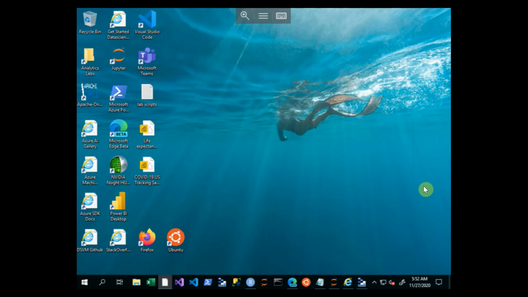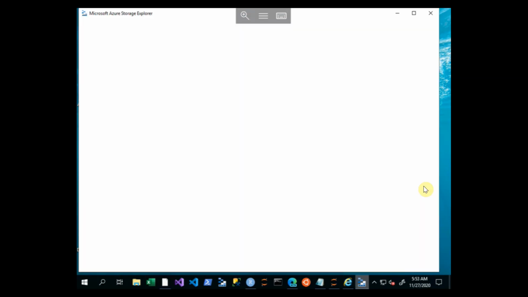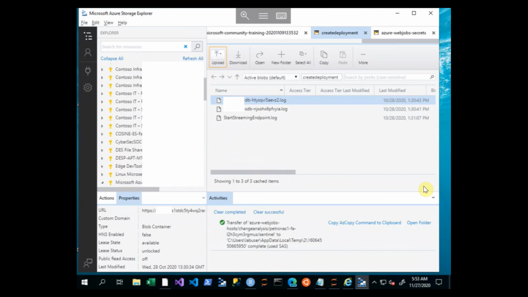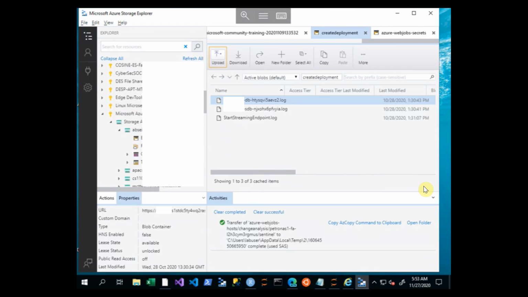Now, this is a VM that has been built using the data science image, and most of the typical applications that are used in data science are there. I have Storage Explorer that is connected to my identity and the various sources of different types of data. For example, blob containers, file shares, structured, non-structured, log files that are there in my storage account. It could be pictures, any other different type of data that I may need for my learning.